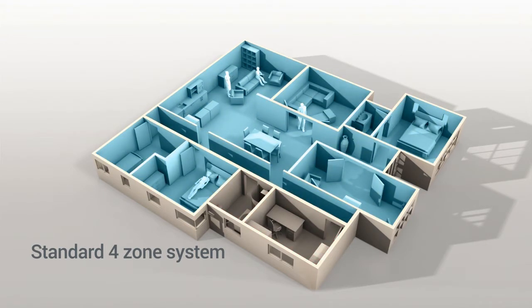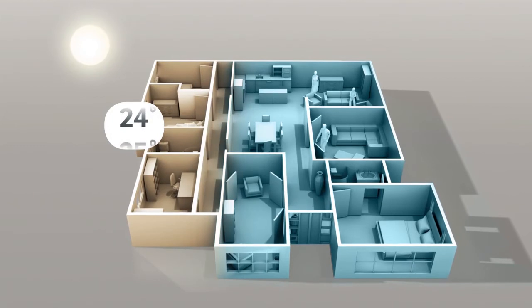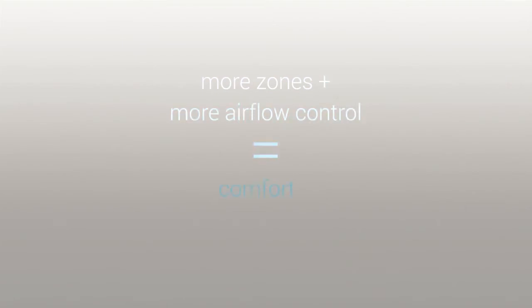The second problem is most systems have a single thermostat, normally located in either the hallway or the living room. As upstairs and west-facing rooms heat up faster, you end up with hot and cold spots throughout your home. When assessing the system, the equation is simple. More zones plus more airflow control equal more comfort and more energy efficiency, which is where MyAir is in a